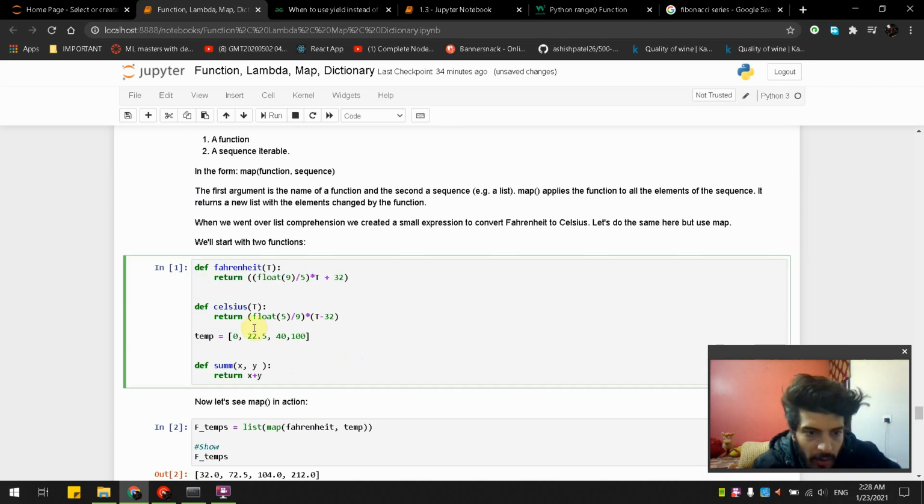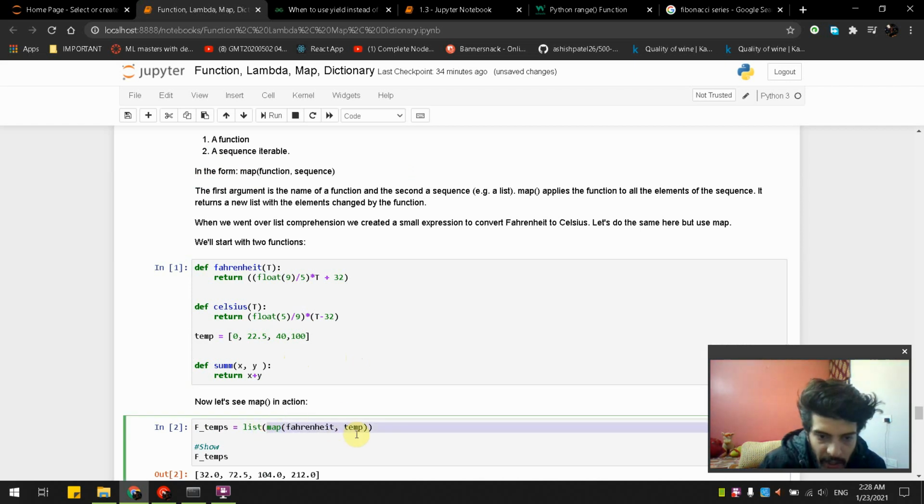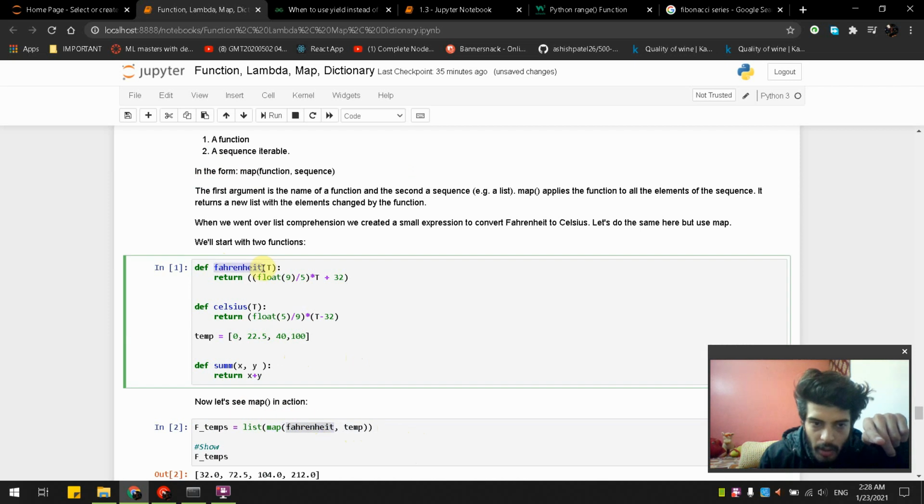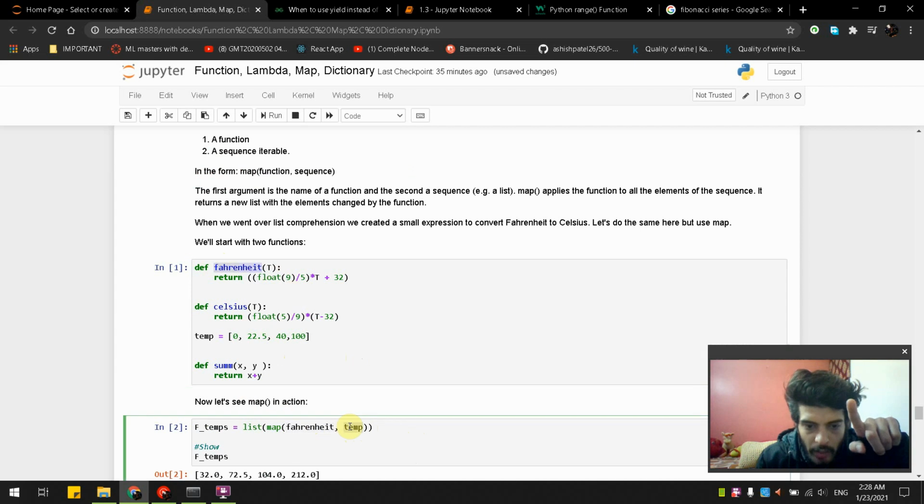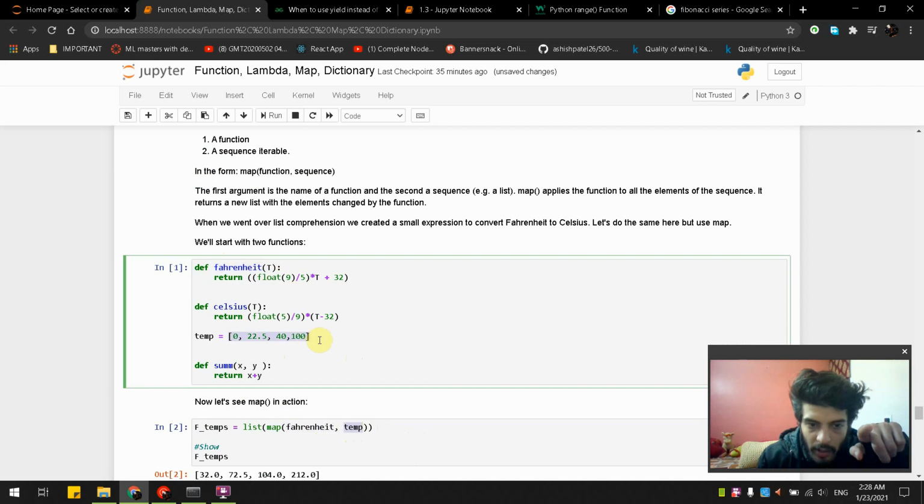Let's take the example where we have this map, Fahrenheit, temperature. What we have here in map is Fahrenheit, which is our function, and what we have as temp is our list.